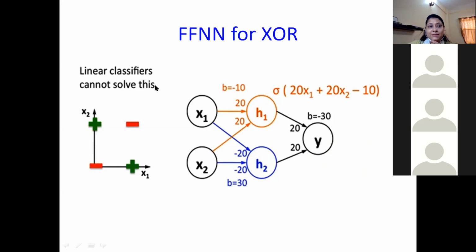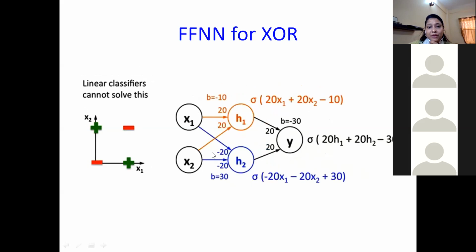So if you now try to compute the expressions associated with this neuron and this neuron, that means the hidden layer neuron H2 and the output neuron Y. For H2, as you can see very clearly, this is something like minus 20x1 minus 20x2 plus 30, because this bias is having